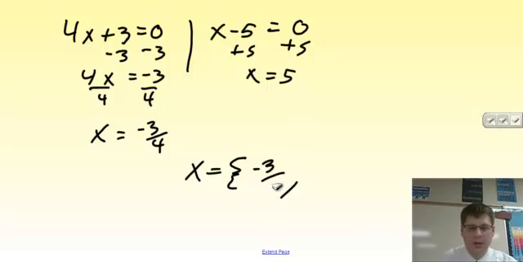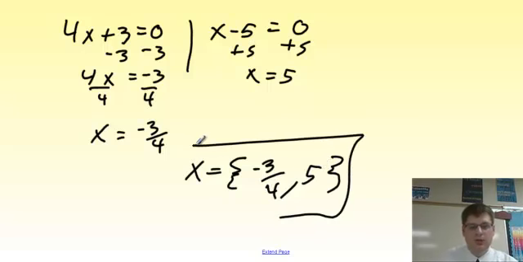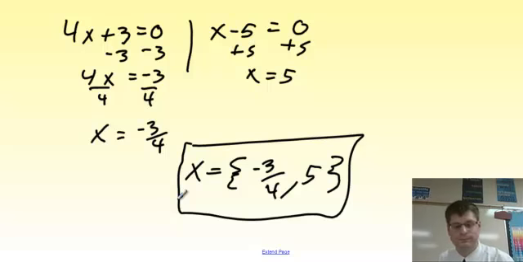So negative 3/4 and positive 5 are the two solutions. You can plug that into the original equation. It should equal out. That's how you can check it. Anyway, there you have it. Solving quadratics by factoring part